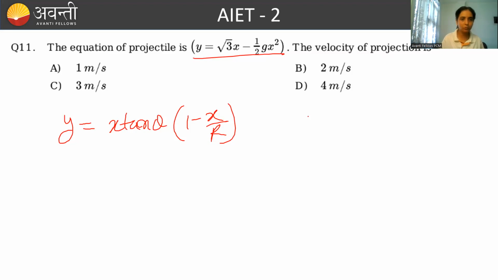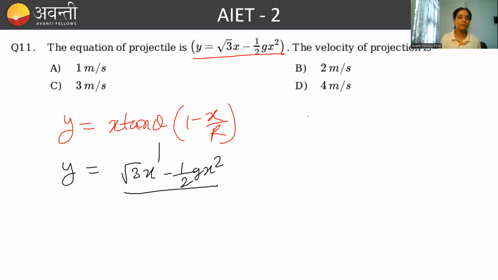अब देखो इसको कैसे हम यूज करते हैं. अब यहाँ पे y equal to हमारा इक्वेशन क्या दिया हुआ है? Y equal to root 3 x minus half g x square. Try to get this equation in this form. So what will we do? Take root 3 x as common. So you will get here 1 minus